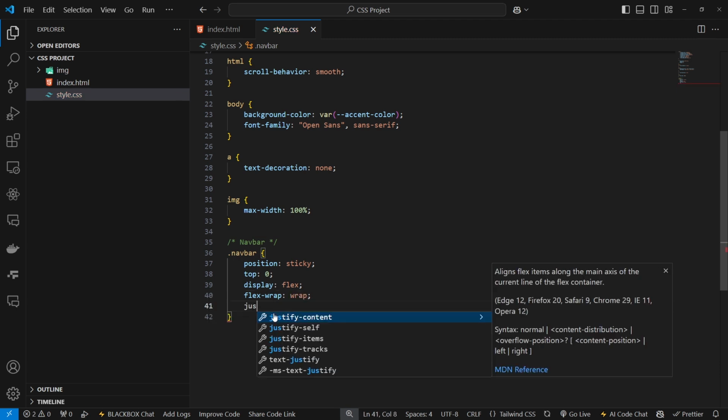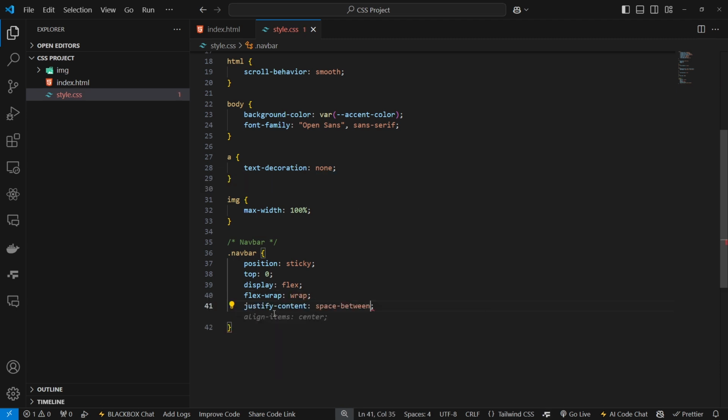And we add a justify content of space between, then align items center. So basically what this does is our elements here get aligned with space. So we have our brand logo over here, then the menu bar over here, this checkbox over here, and the